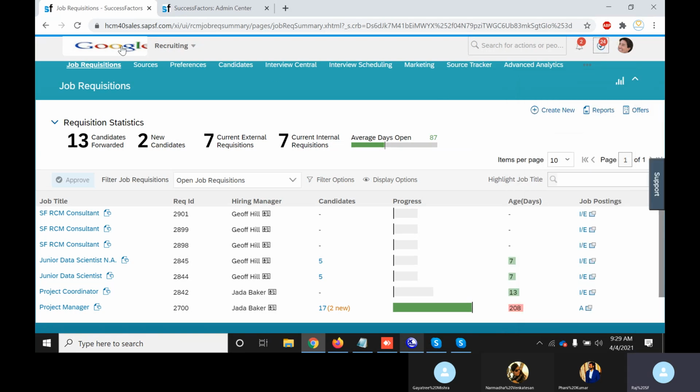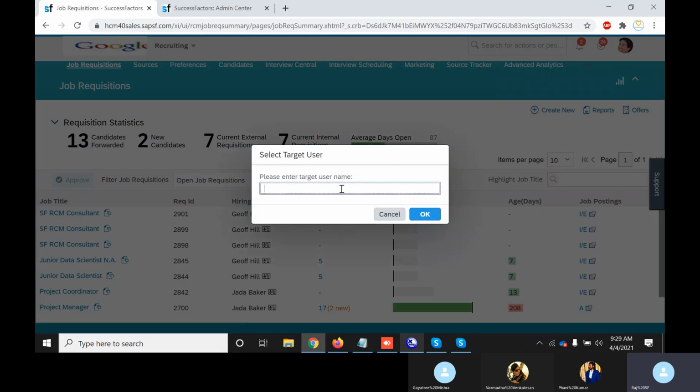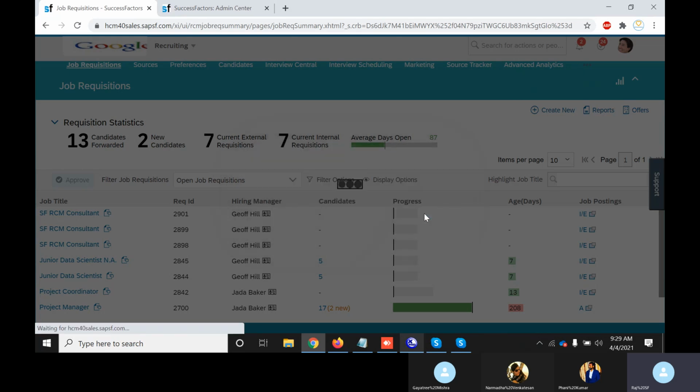So this is the approval process. Once you approve, again you proxy as a recruiter and check whether that requisition is open or not. So now your requisition is ready to gather candidate information. It means collect resumes and start uploading and applying for this job. Amelia rules. Let me proxy this back